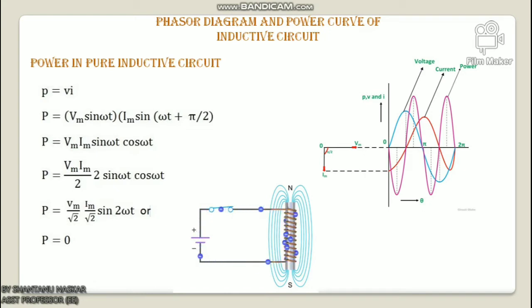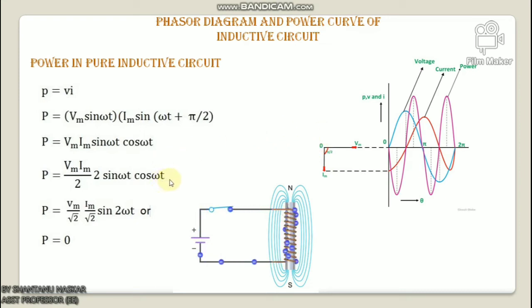When the voltage drops, the value of the current changes. When the current is at its maximum value, the voltage at that instant of time is 0, and therefore the voltage and current are out of phase with each other by an angle of 90 degrees or pi by 2. The phasor diagram is also shown on the left hand side of the waveform, where, look here, the current Im lags the voltage by an angle pi by 2. Okay. So what is the power in a pure inductive circuit?